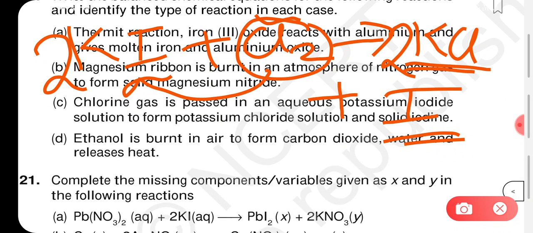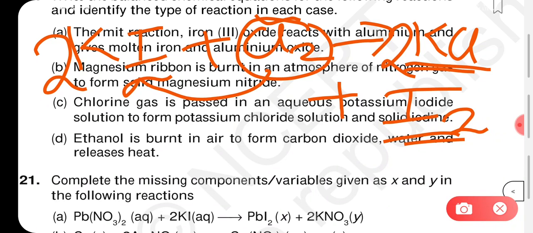Iodine, one thing I have not mentioned: when iodine is in the gaseous state, when it is being displaced, when it is formed, it has to be in the diatomic state. So it will be I2. Remember, iodine is diatomic, it will exist in the diatomic state, so two atoms of iodine will be there. So I2 is the molecular formula for iodine when it is in the gaseous state.